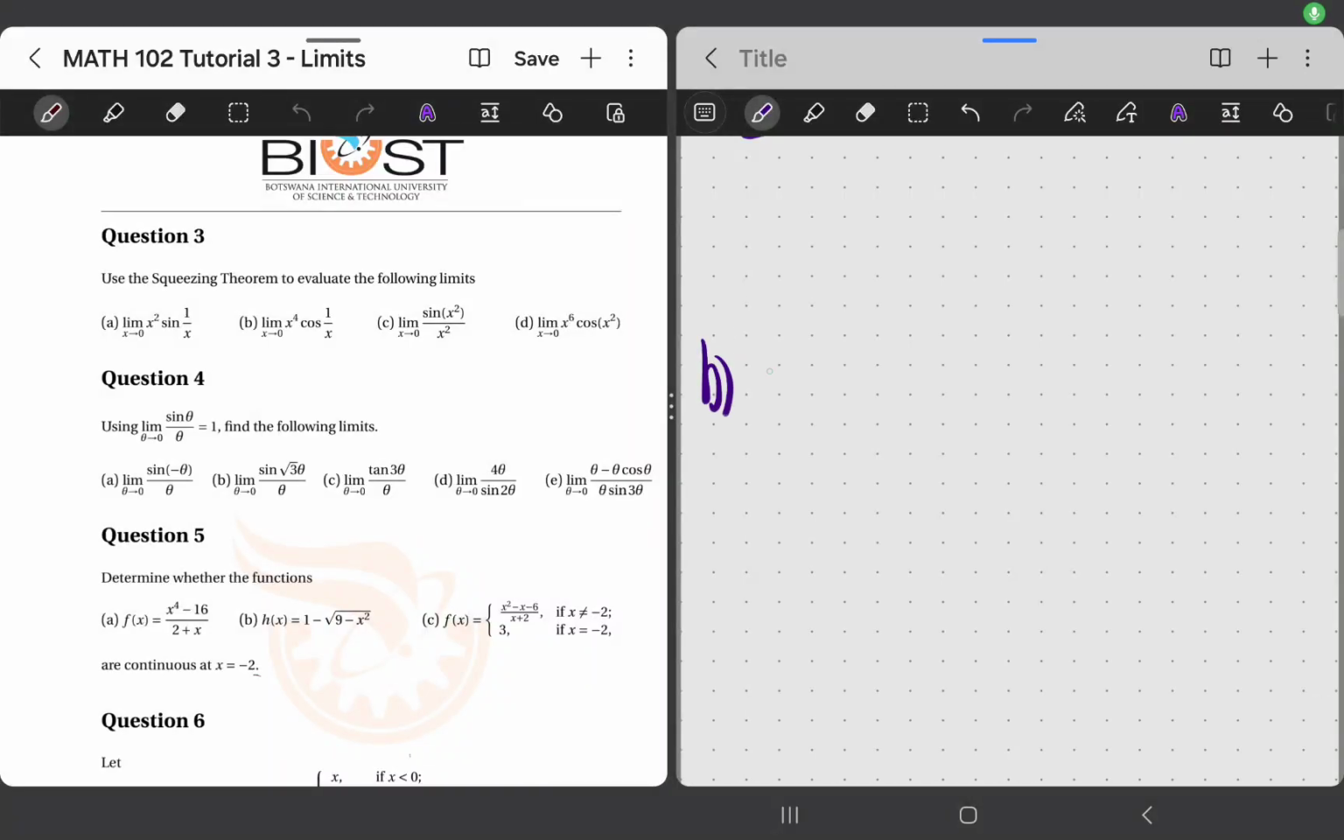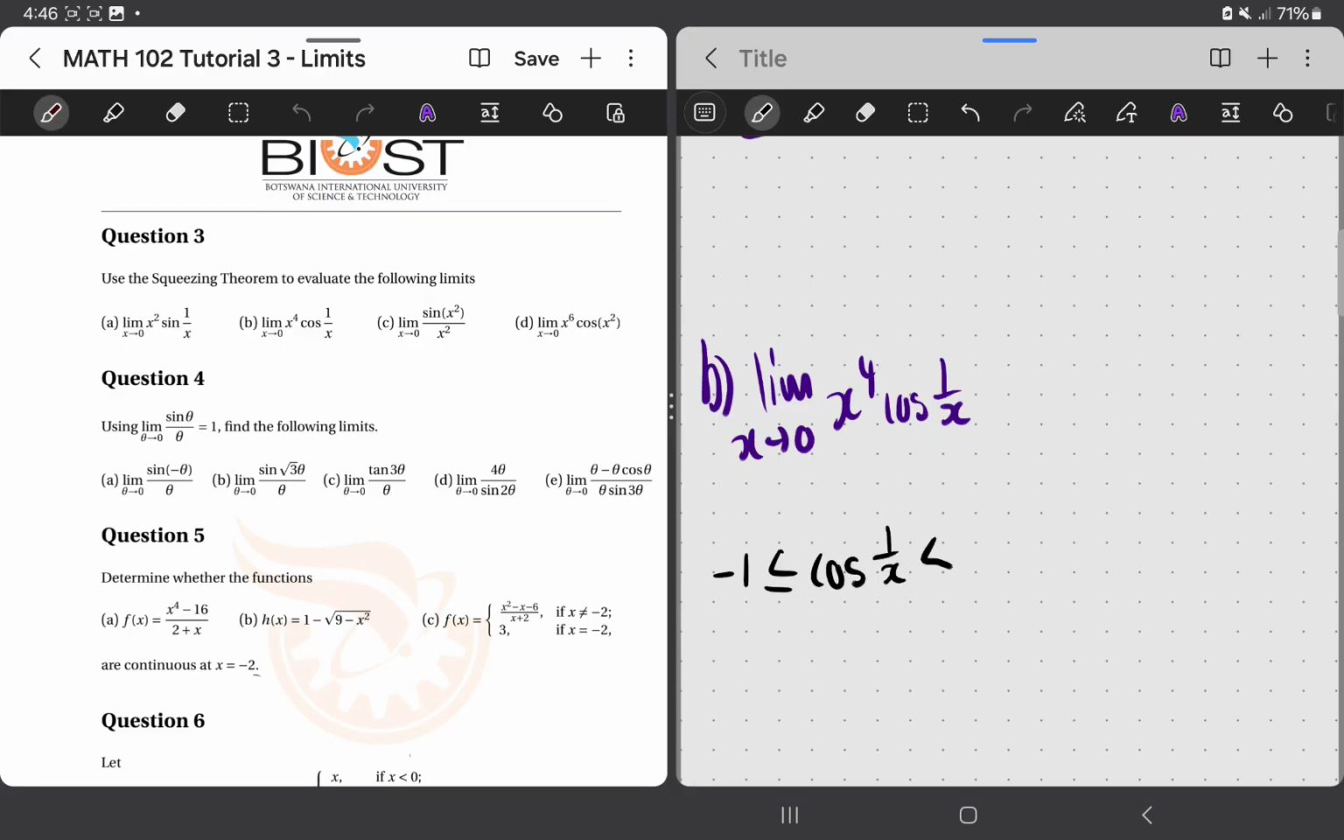Part B, which says the limit as x goes to 0 of x to the 4 cos 1 over x. Now, what is the first thing we know? We need to set up the range. We know that this is a cos, so it's also between -1 and 1. So we can say -1 is less than or equal to cos 1 over x, which is less than or